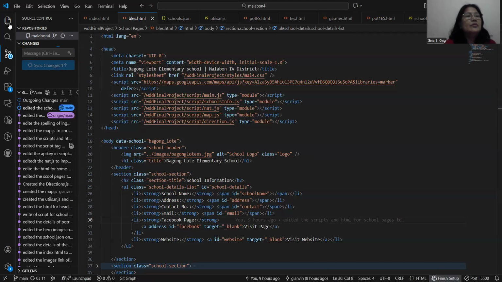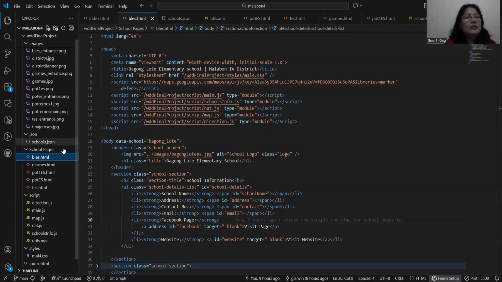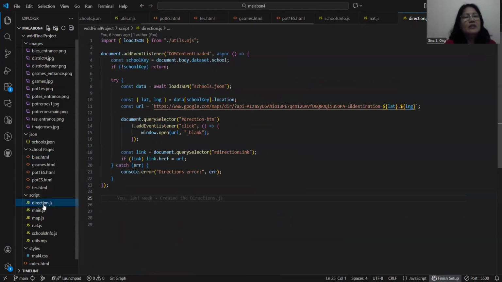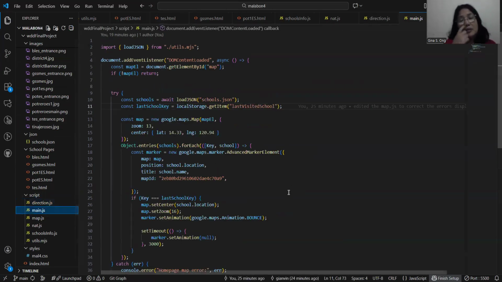Okay, so the directions.js will help us find the directions to the school. Then main.js will use local storage to store the last visited school.